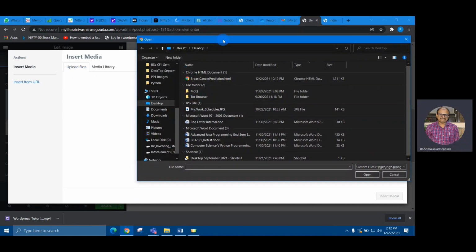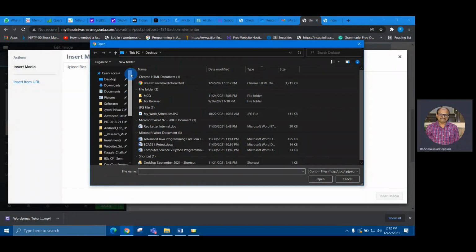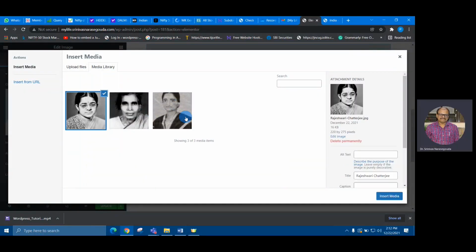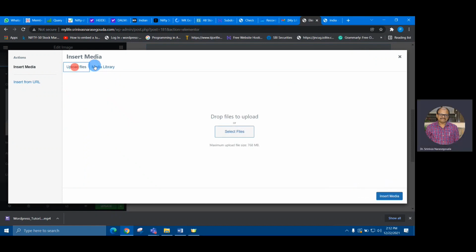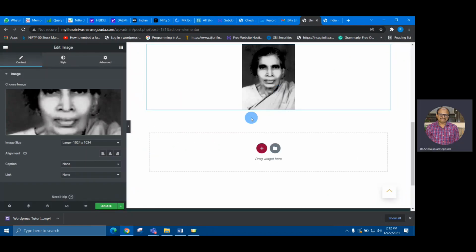Using this menu, you can go back to any folder of your computer and select the images. That will be added, and then insert media. Whichever image you want to add, just click on that one and select insert media. So that image will be added.